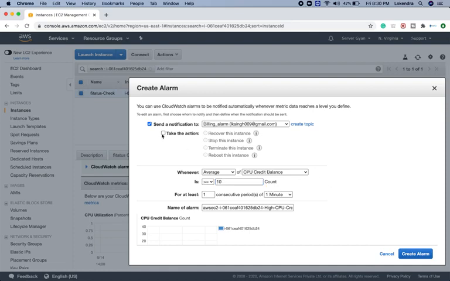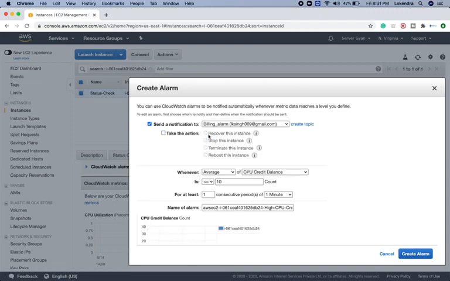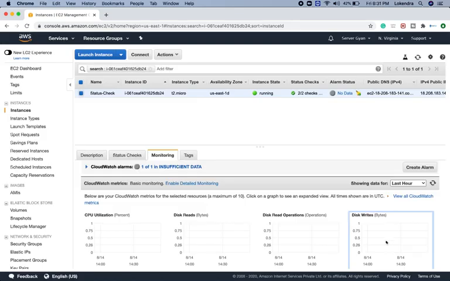If I want to be notified only, then I'll be getting a notification. But if I want to take any action, maybe stop that instance, then obviously as soon as this particular alarm status and threshold reach the particular limit of this CPU alarm, my system will be stopped. If it is a production system, it can create a problem for me. So you need to be very careful while selecting these actions. If it is a database server, we should not go with any of the options, because we have to take care of this very carefully. Fine. So I'm not going to create any alarm here.